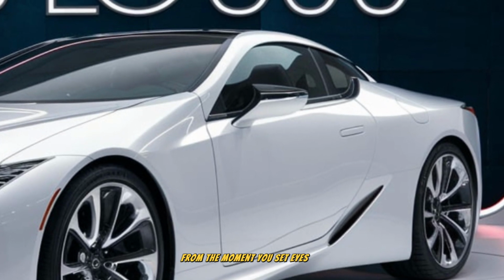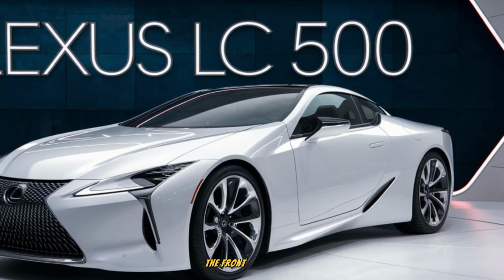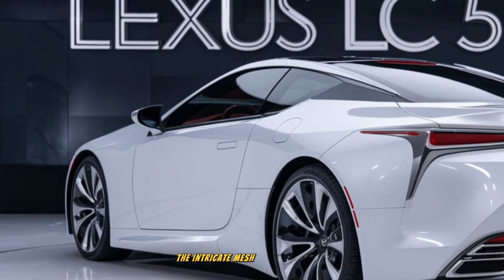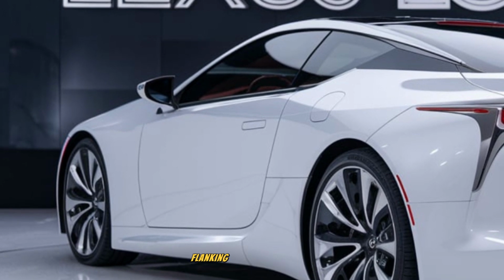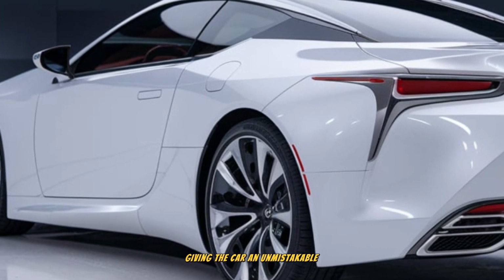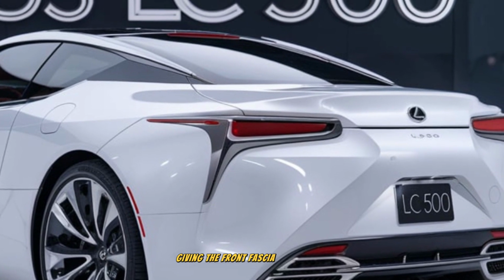From the moment you set eyes on the 2026 LC 500, it becomes obvious this isn't your typical luxury coupe. The front end remains one of the boldest faces in the industry. Dominated by the signature spindle grille, the intricate mesh pattern has been subtly updated to appear more sculpted and three-dimensional. Flanking the grille are triple projector LED headlights tucked into sharply creased housings, giving the car an unmistakable glare. Beneath the headlights sit vertical daytime running lights that cut aggressively into the bumper, giving the front fascia a futuristic